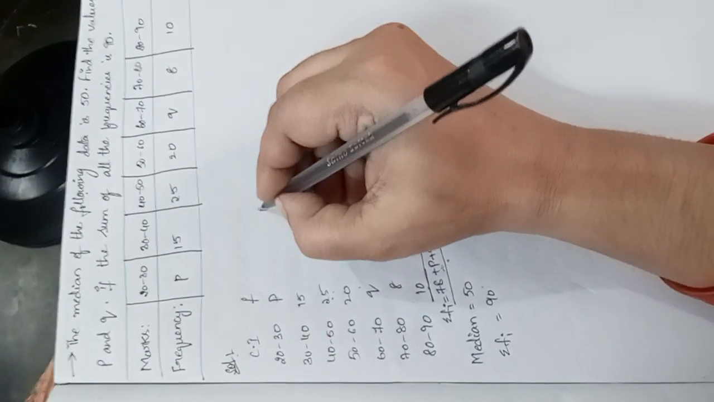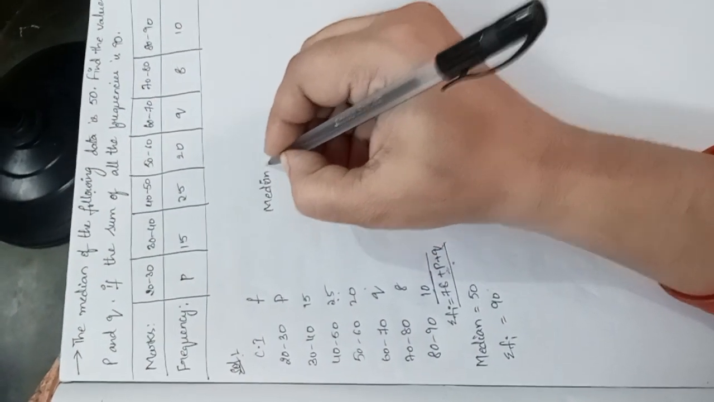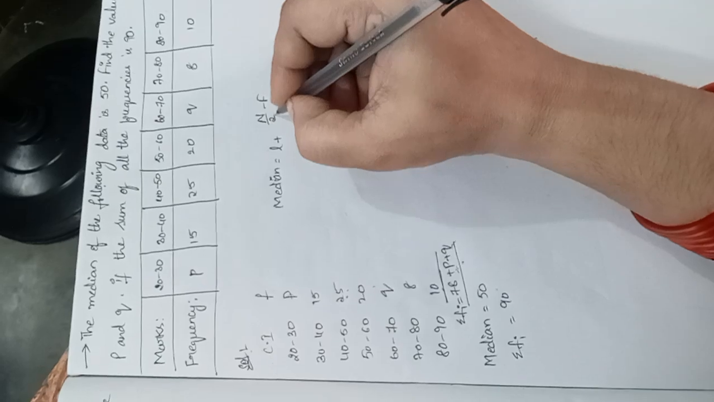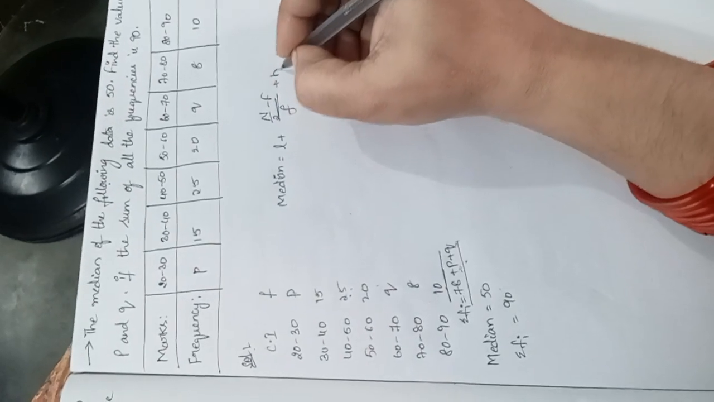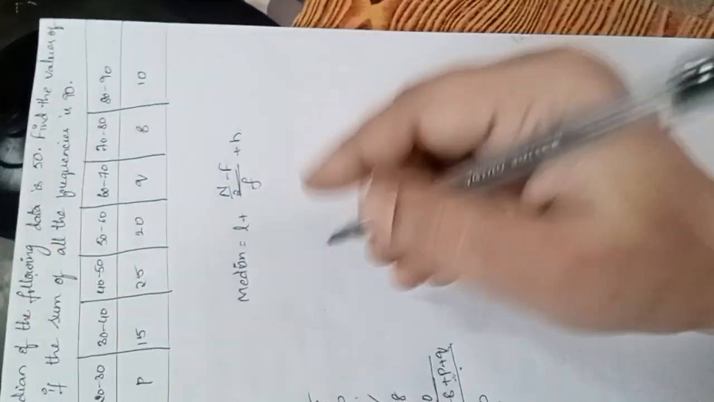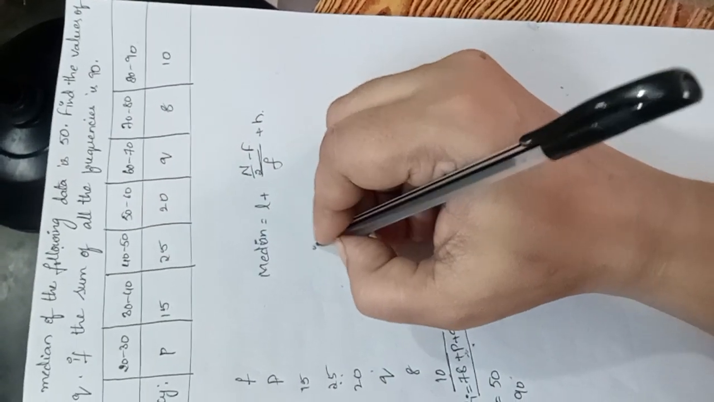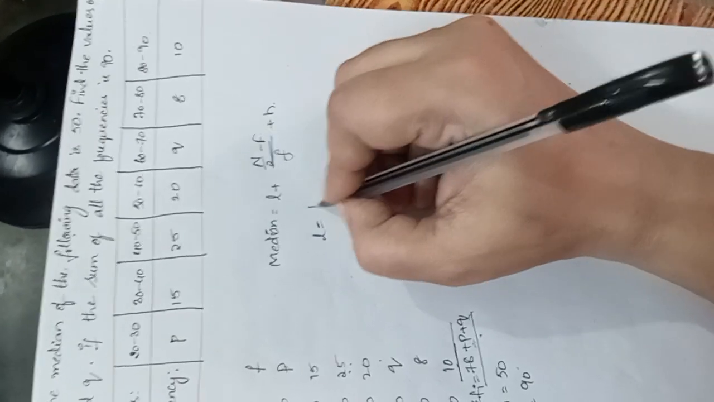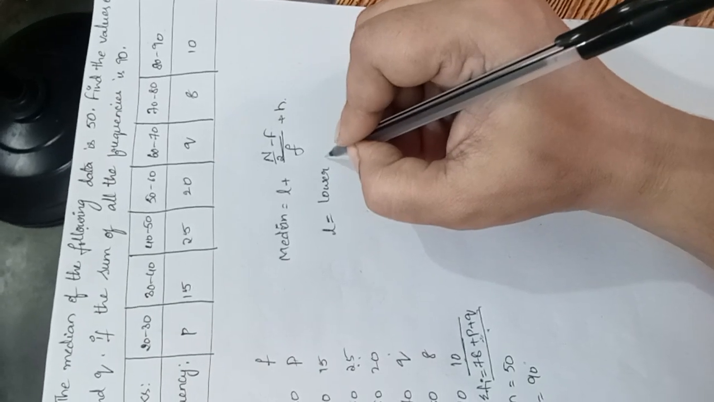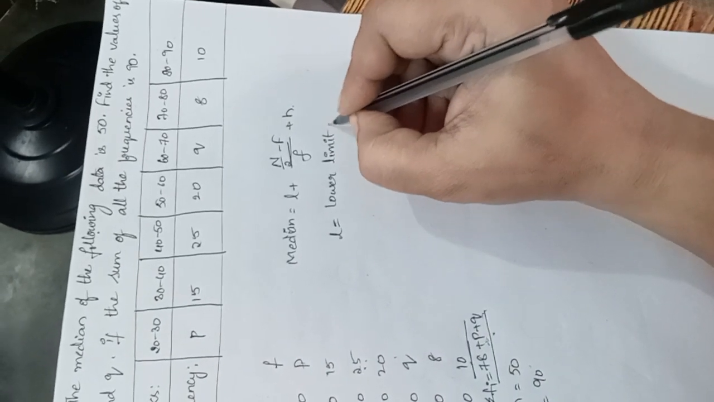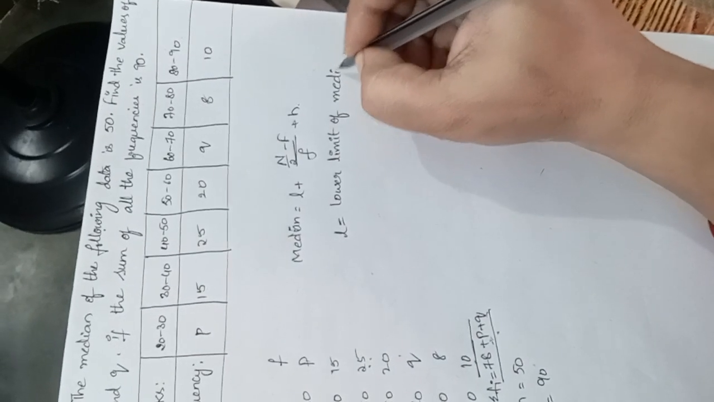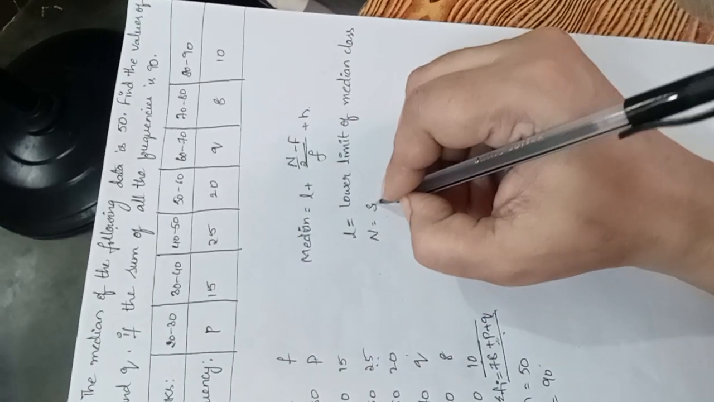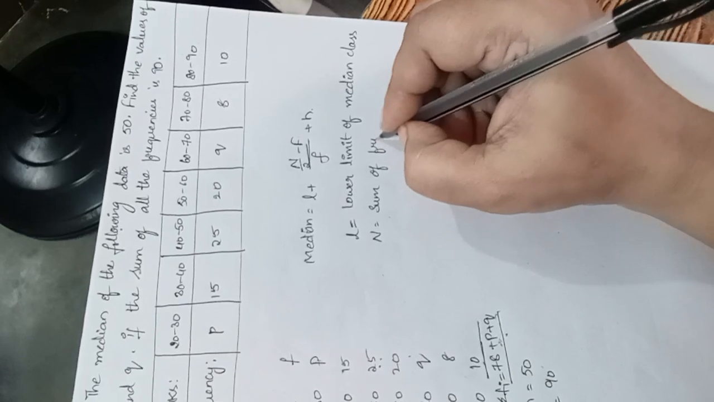Actually, what is the median formula? Median equals L plus (n by 2 minus capital F) by small f, times h, right? The data necessary for this is: L equals the lower limit of the median class, capital N equals the sum of frequencies,